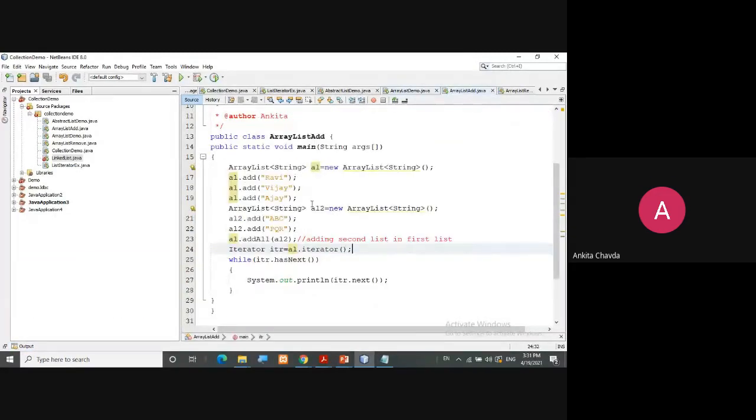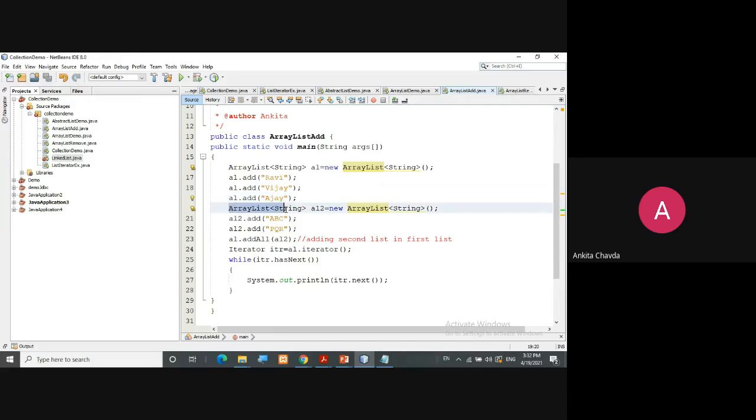Then the example of array list addAll, that's what I said, no? So here you are creating 2 different array lists. One array list of string, al is equal to new ArrayList of string, right? I'm adding 3 elements here, Ravi, Vijay and Ajay.